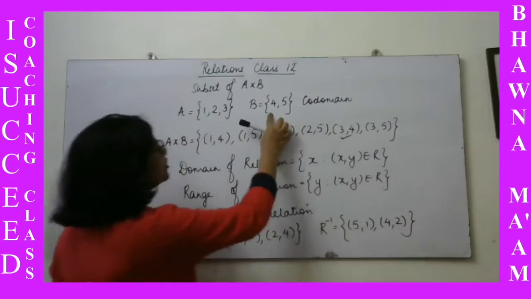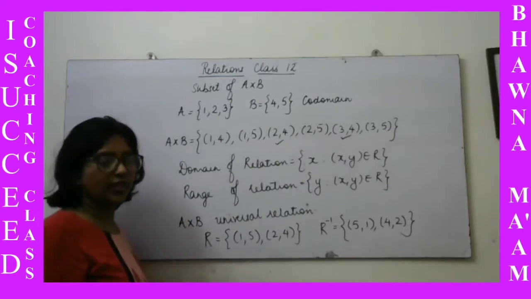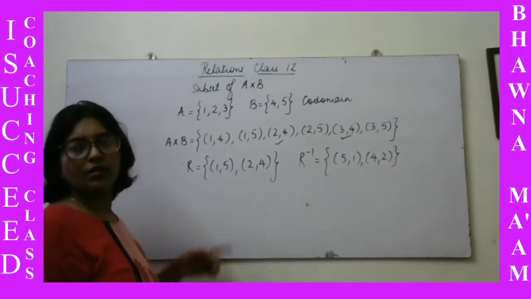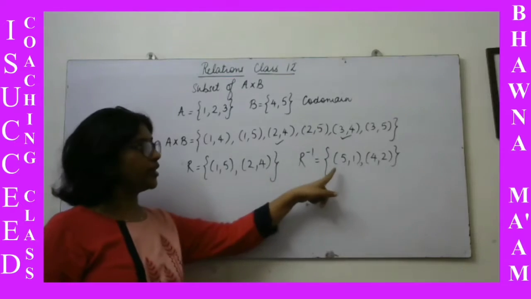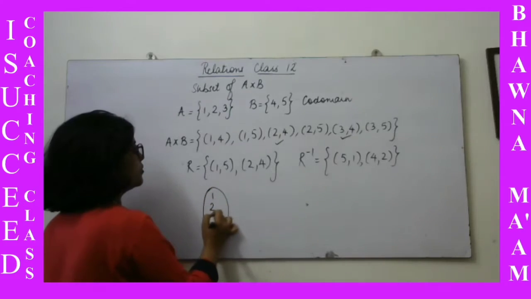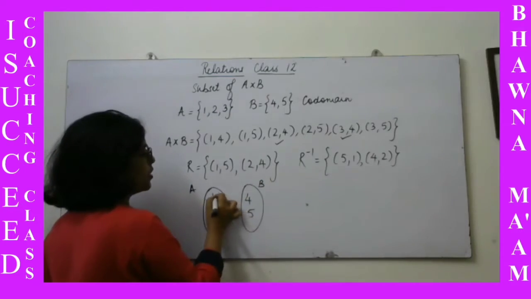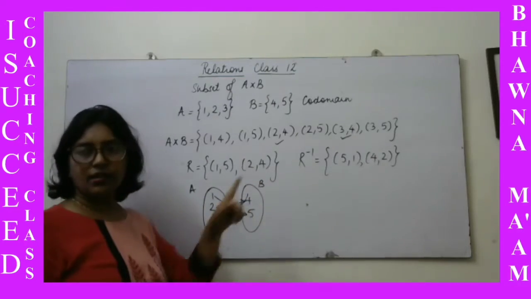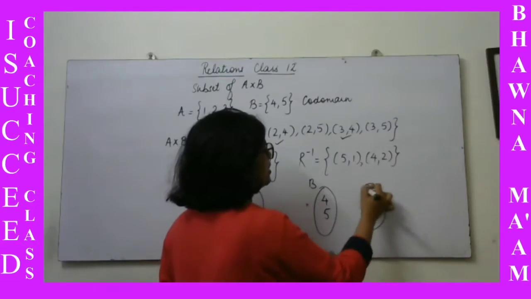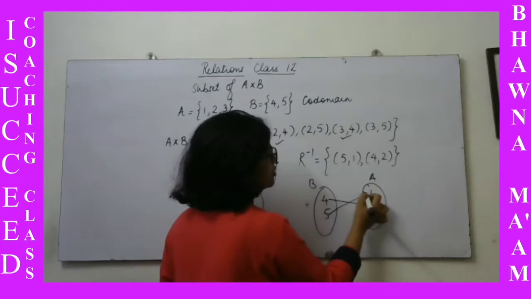So now this will become the domain. The domain will come from this set, and this will become the codomain. If you draw this as a Venn diagram now, you will be drawing like this. So my R was (1, 5) and (2, 4), and R inverse was (5, 1) and (4, 2). So for this, the Venn diagram will have 1, 2, 3 here, the set A, and 4, 5 here. So this is 1 goes to 5 and 2 goes to 4. And for the other one, set B will come first, 4, 5, and set A we will write afterwards, 1, 2, 3. 5 is related to 1 and 4 is related to 2.